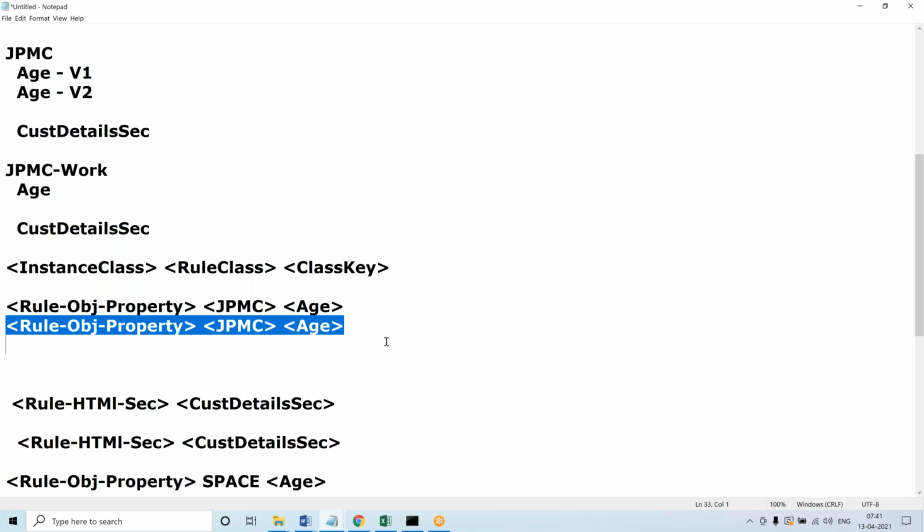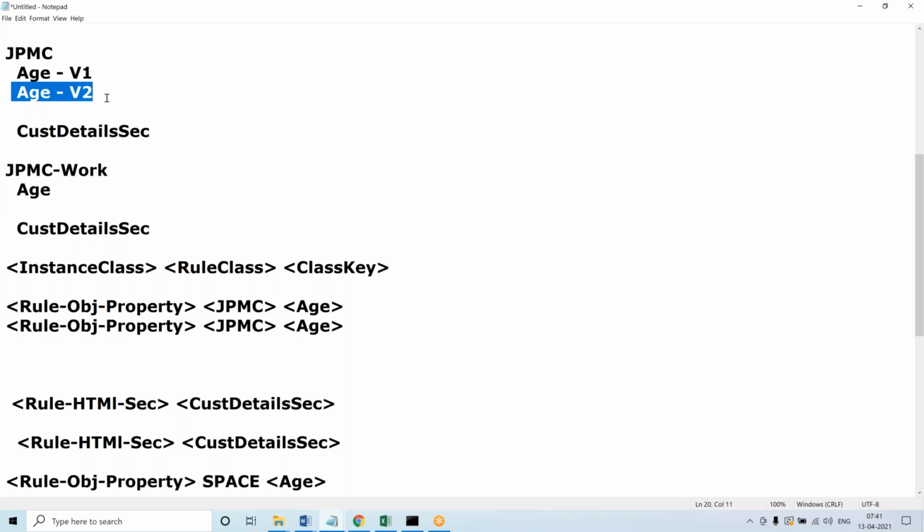It's not working out because you have to add more. It will not work, because with the 3 parameters also you see a duplicate key is being generated. That means when you create version 2, it should not be able to store. So we need one more parameter. That is,